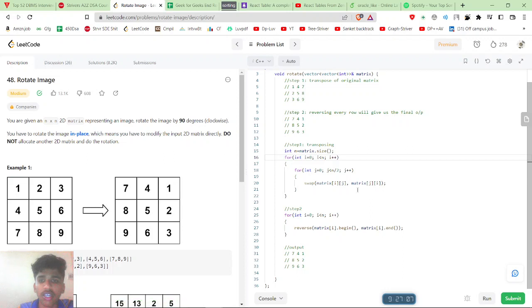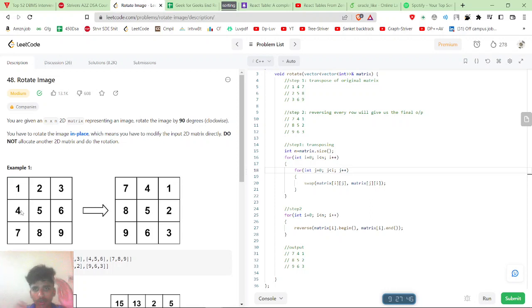that's the major mistake. I think I have to go with j from 0 till I. Why I? Because I have to do changes for the first row, then the second row, and then the third row. So for 0, I have to come across the whole 0 1 2 of j, like this, and change it to 1 2 3. Then similarly for the second row, I have to take this and make this as